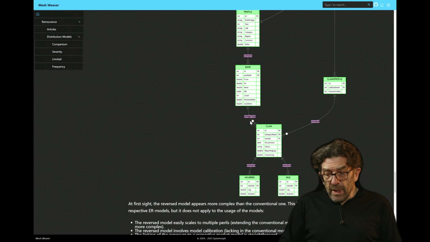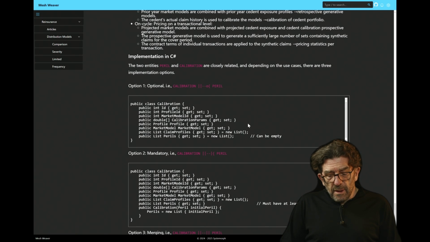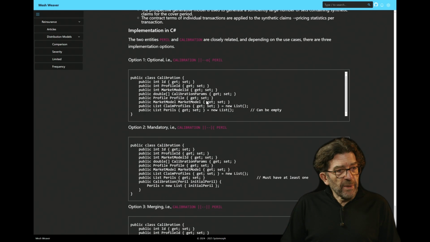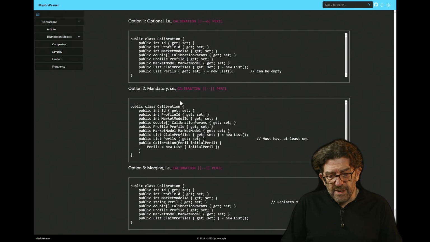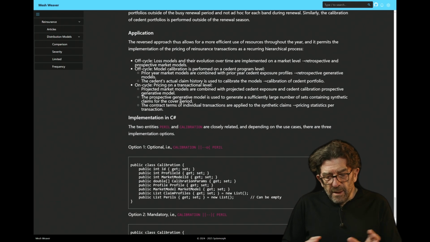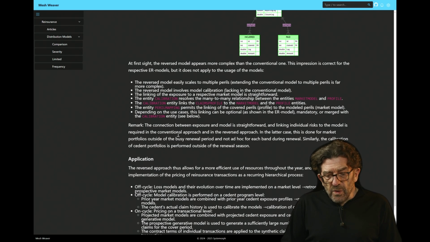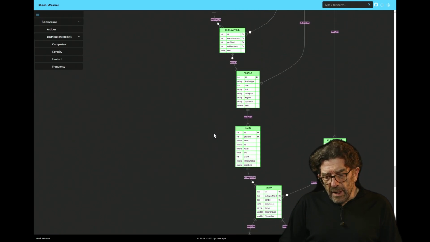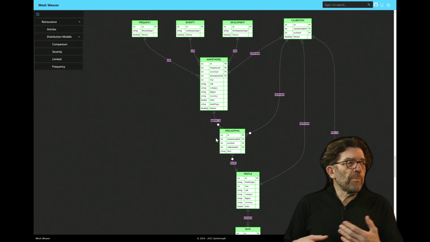Okay, this is more or less what I wanted to introduce today. You see here some additional material. When I said you have these different ways to link the calibration with the parallels, I would put here 3 options, and if you put it into a class, what does it mean? But this just emphasizes what we already discussed before. Here I also mentioned some pros and cons, so I think we have covered this, and the intention is to follow this model